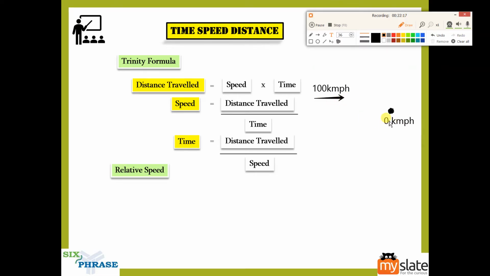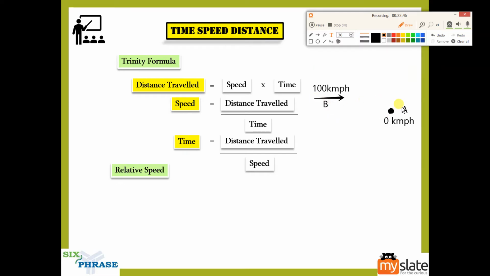Here I want you to tell me, guys, you are at this point. So you are sitting here. We'll mark this point as A. You're standing here. According to you, when this guy passes you, what do you think is the speed of this guy? And we'll also mark him as B. So this guy is B, this guy is A. You are sitting there.